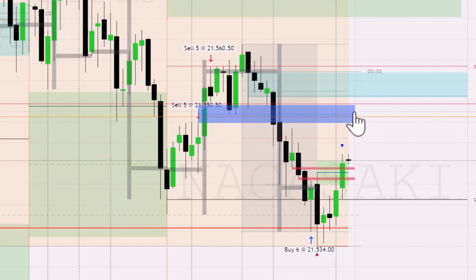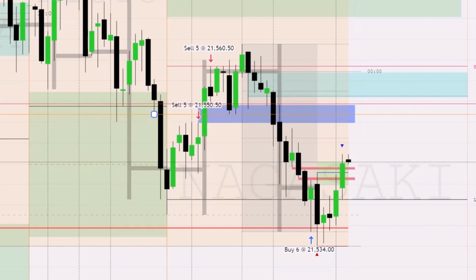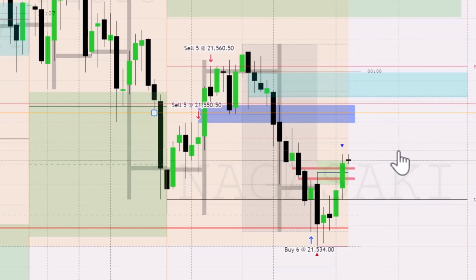So I was debating on moving the stop above consequent encroachment right here, just a few ticks. I might do that just for good measure, like put it right there, 1 tick, because that's possible. I could see it doing that because of see how